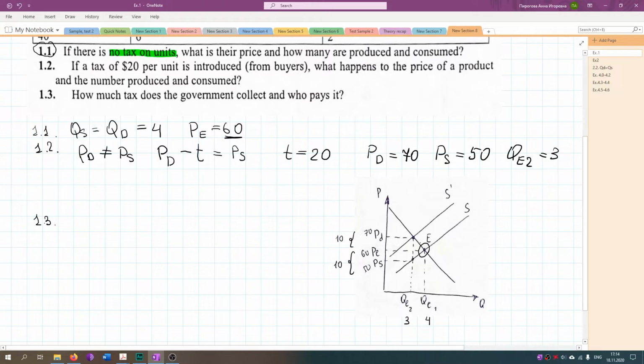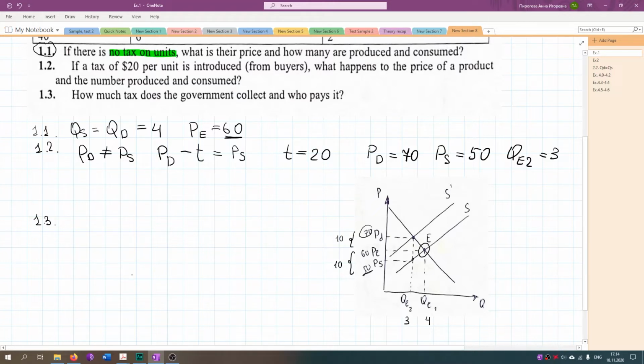But then the tax was introduced and the price for producers now is less than 60, it is 50, and the price for buyers is now higher, it is 70,